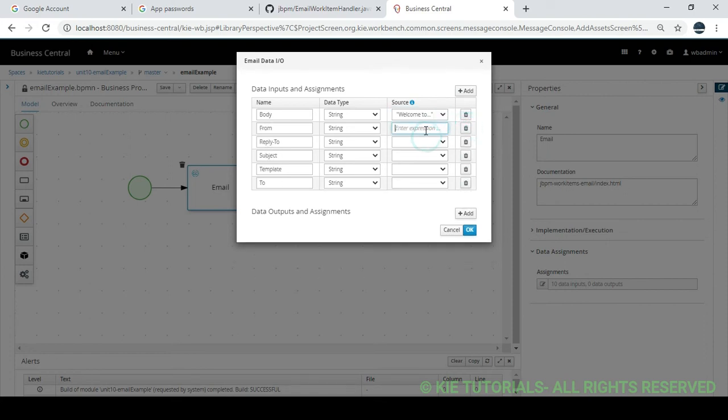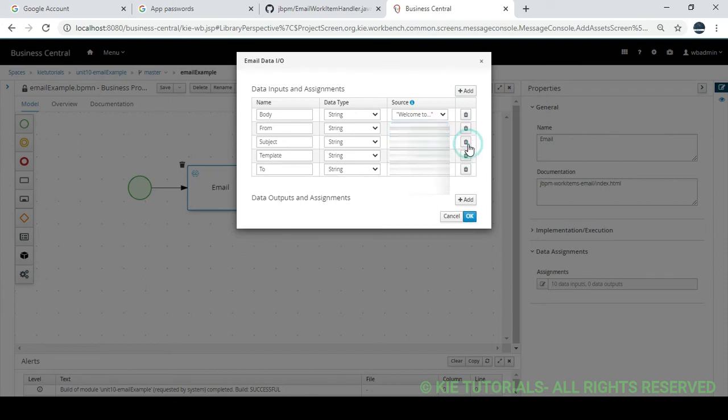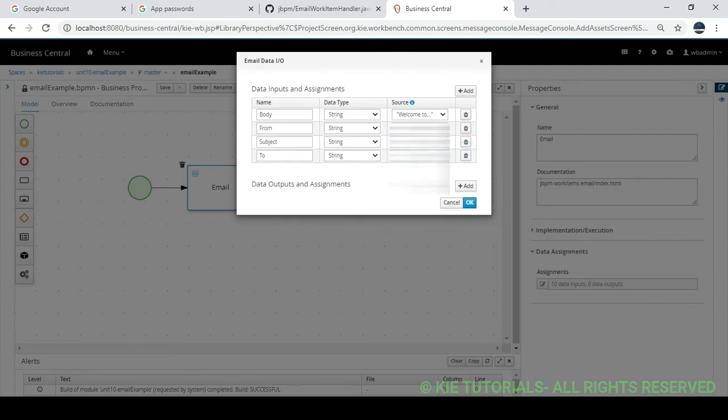I want from, I'm giving my email ID. I don't want the reply to. I want the subject, Hi from KIE tutorials. I don't want the template, and for to, I am giving the same mail ID.